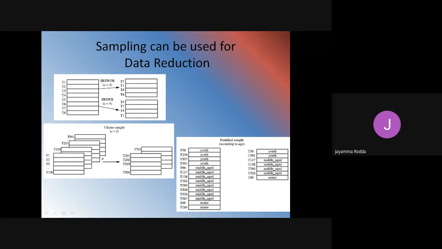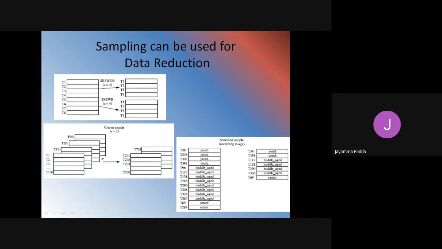Okay, so this is the sampling example. Consider, suppose that there is a large database, a large data set D, which contains n number of tuples. What are the most common ways that we can sample D for data reduction? I cannot always include my entire data set. I'll only include the data that is required for my model, for my processing, for my analysis. So I'm calling taking the important or required part as data sampling.